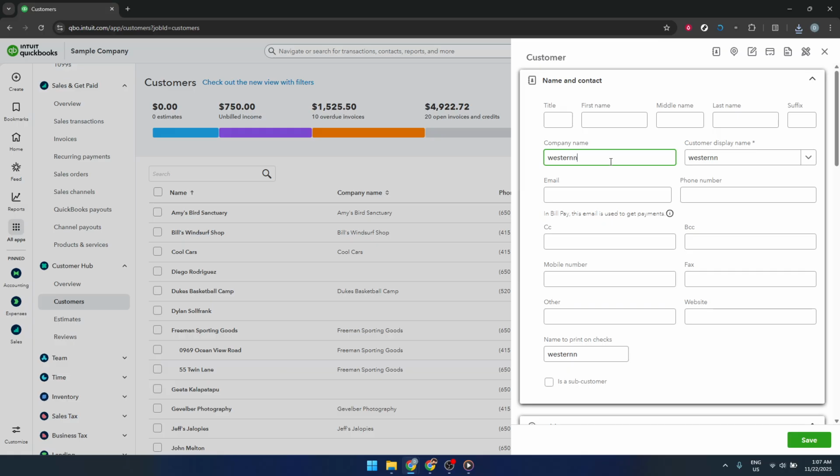Next, you'll enter the client's details. Start with the required fields, such as the business name or individual name, their email address, and the display name you want to see in your client list. The display name can be a shortened or more recognizable version, so it's easy for you and your team to